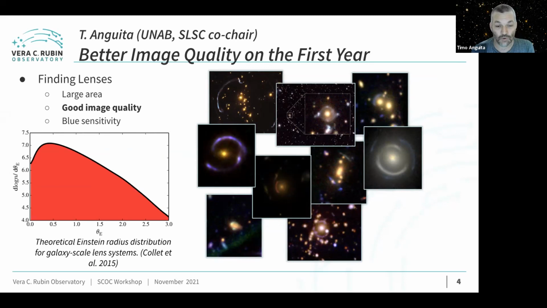So here you can see a bunch of lenses. The scales of these objects go from a few fractions of an arcsecond to a minute or so. Here on the left, you can see a histogram of the typical separation of lenses. And here you can actually see why good image quality is very important for us. You can see how it drops pretty quickly once we go to worse image quality. So if you can go to the next slide.